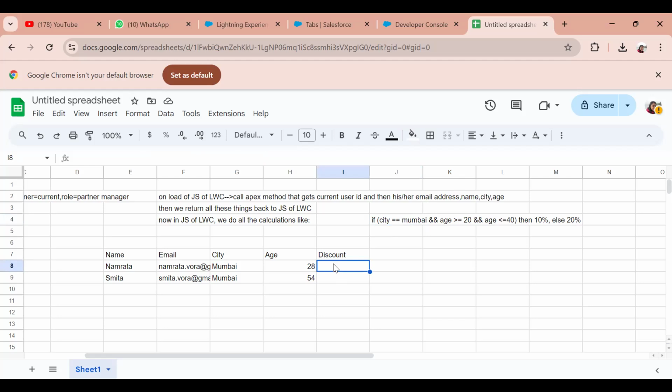Now here the discount would render as, let's say, if I am the current user for this record, 10%. If it was another user called Smita, then it would be 20%. So it would show the row accordingly. Here the calculation is very, very simple, so moving it to Apex and then loading it in a Visualforce page, which is rendered as PDF, is not a problem. But let's say you have done very complex calculations in your LWC component,